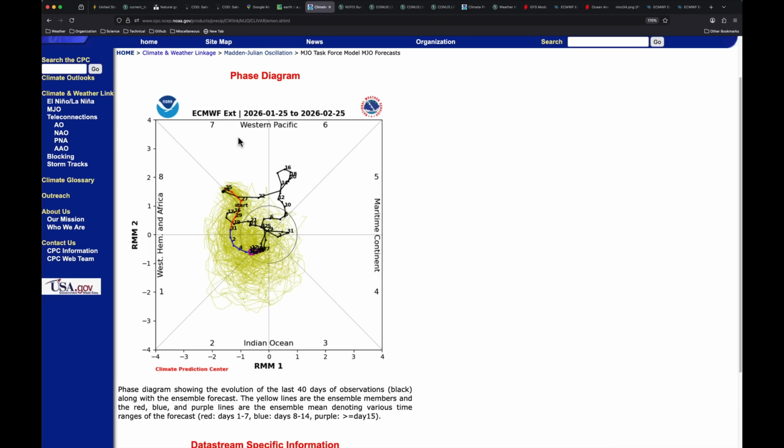We do jump over and look at that phase diagram. This is just from the ECMWF forecast. There's that transition that we underwent here. As we've gone through January, through phase 6, into phase 7, the forecast now taking us out to 1, 2, potentially either into 3, or back over potentially to the maritime continent. So this is a decent transition through the Pacific across the Western Hemisphere. And as a result, I think we're seeing that Pacific jet stream extension and the impacts to our forecast as a result of that.